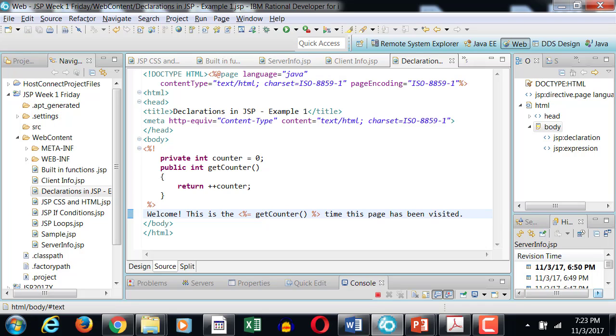So now when you save the changes and refresh your page, you will see that every refresh will give you